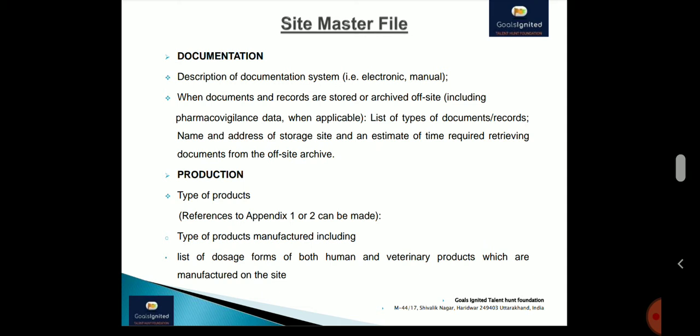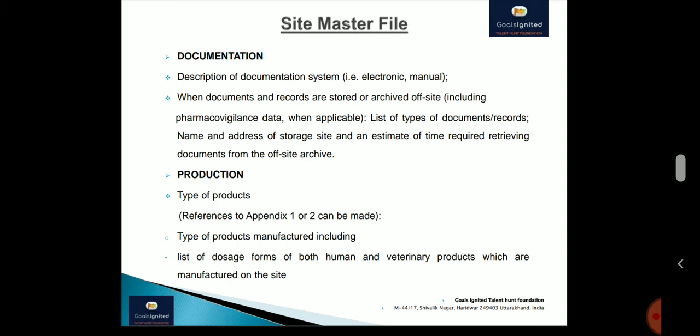Because in some of the companies there is a common document storage room, where documents from the different sites are collected in one place and maintained, you are required to mention this in your SOP and in your site master file also, that the following is the detail of the location where all the centralized data is collected and archived. So it is the documentation requirement if it is applicable to that site. If it is not, then QA is mainly the concerned department that looks after all the documentation part.